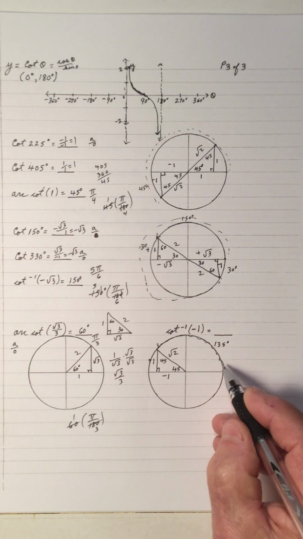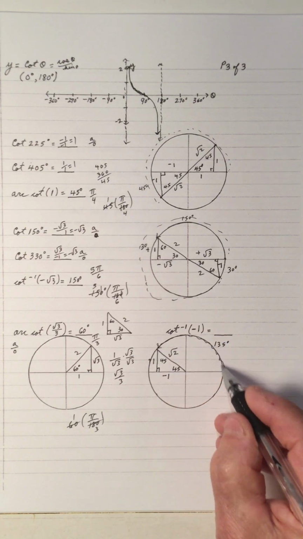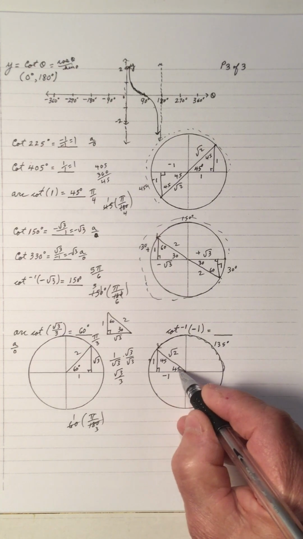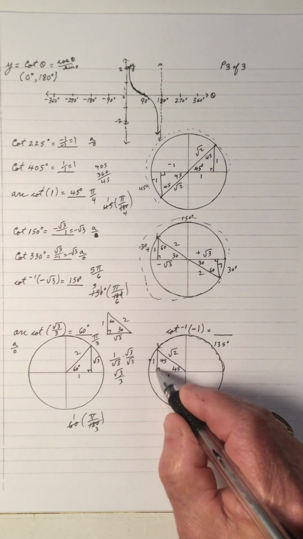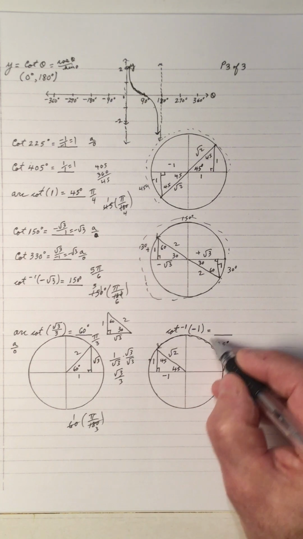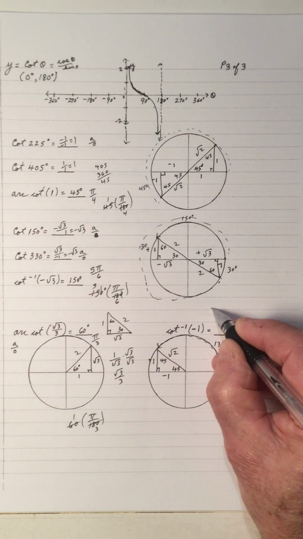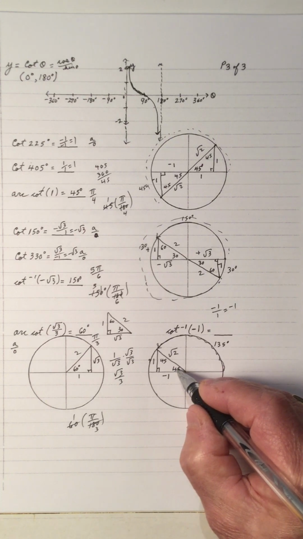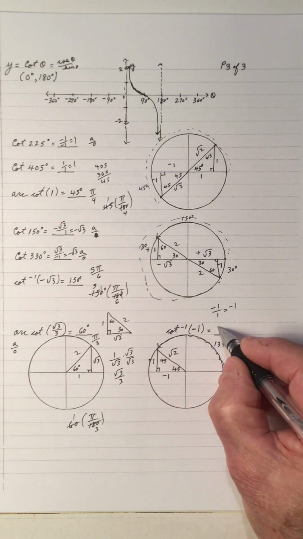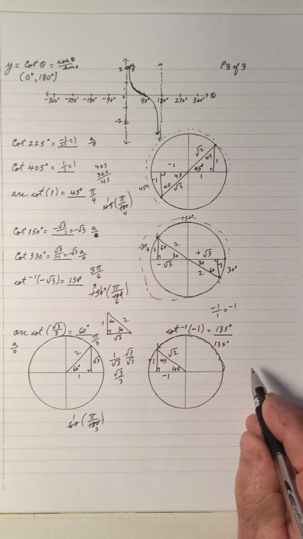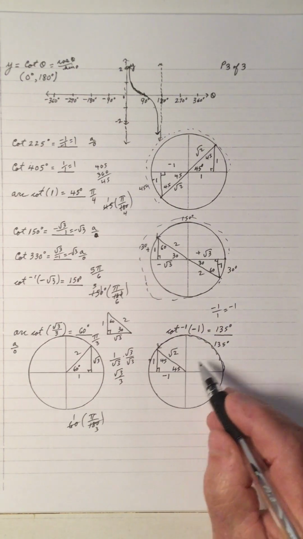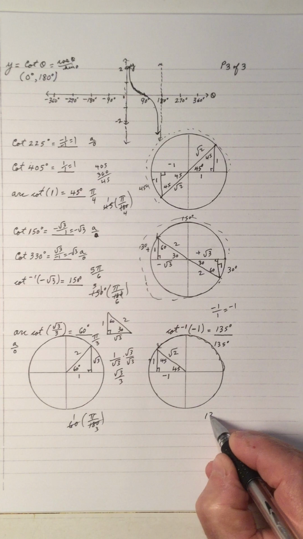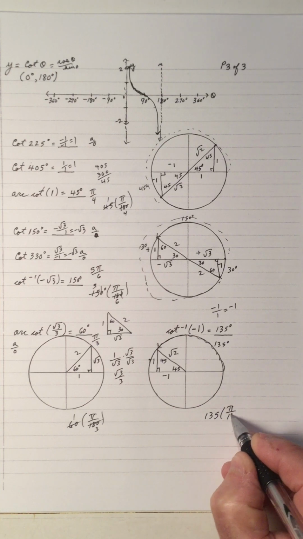So to get the negative 1, we have to have a 45 degree angle, but this rotation to here is 135. So we do plot 135 degrees. This reference angle in this quadrant has a reference angle of 45 and 45. And so a negative 1 is the adjacent, which is negative 1, over opposite, which is 1, negative 1. So the 45 degree reference angle in that quadrant turns out to be a 135 degree angle. So the arc cot of a negative 1 is 135. And 135 multiplied by pi over 180,